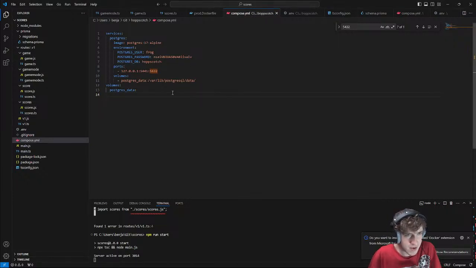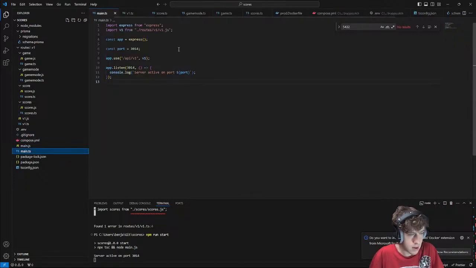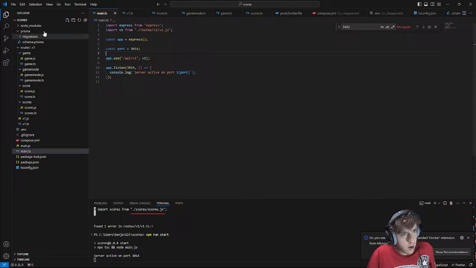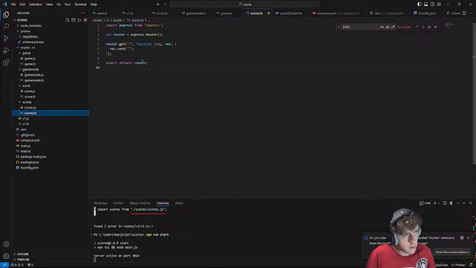Okay, so I can get the Postgres database set up. I guess before I continue, I can show you what I've got. Yeah, you can see on the left here, I've started setting up the leaderboard system. I'm just doing an Express backend, where people can query for certain routes and then submit scores or get scores. So I can then hook into that for my games.